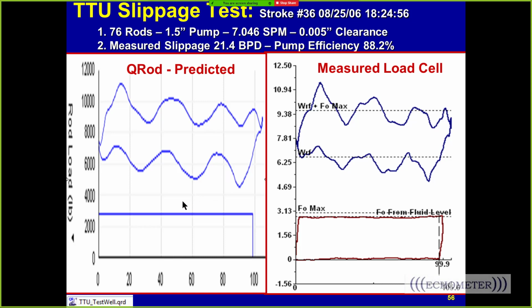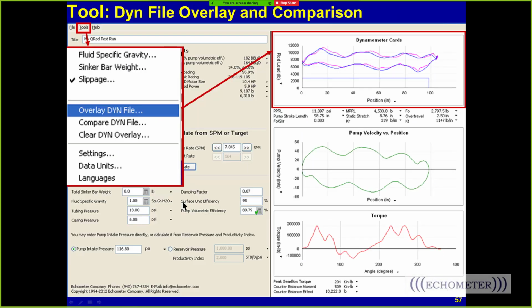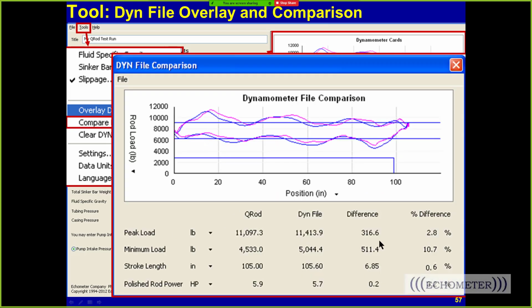And if you go into QRod and we overlay the card, you can see that they match really close. And in QRod, you can say compare, and this little table pops up and shows a comparison, and you can see that the peak load was within 2%, and the minimum stroke length was the same, and the horsepower was within 3%. And again, notice that the minimum load was off by about 10%, but again, I think that's because